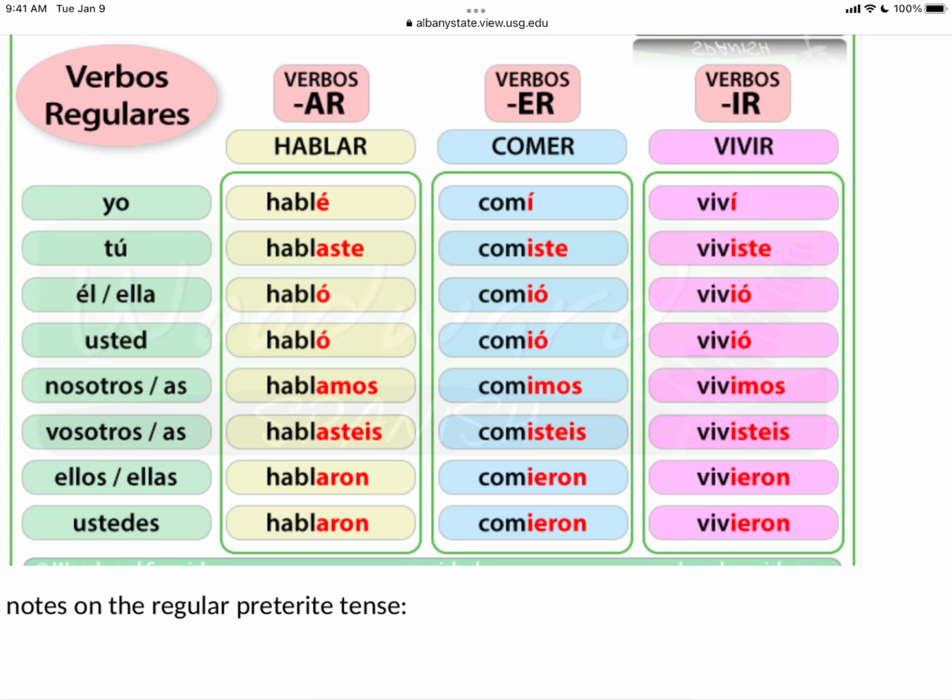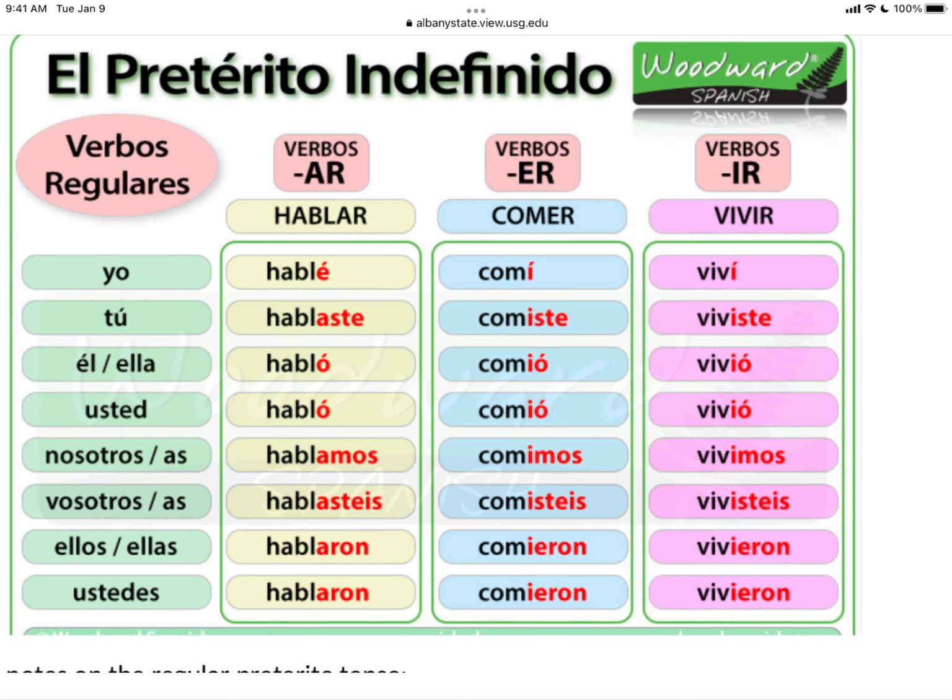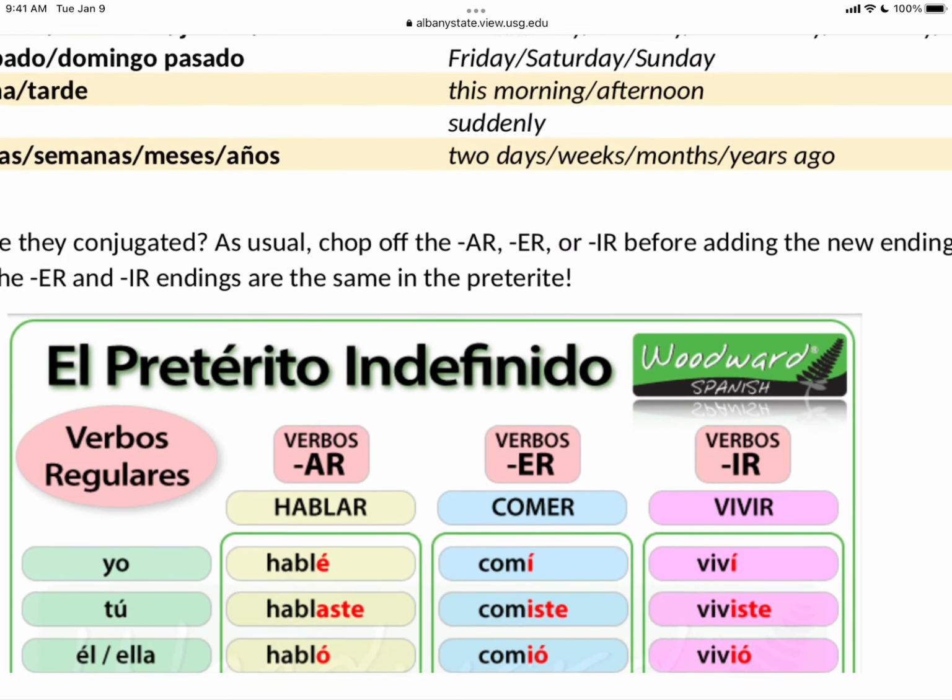I forgot to mention the hablamos, and it sounds the same as it does in the present tense. So you have to gather from context clues if we're talking about the present tense or the past tense. In the present tense we say nosotros hablamos, and in the past tense it's nosotros hablamos with the same ending. So how do we know which verb tense we mean? Do we mean right now or in the past?